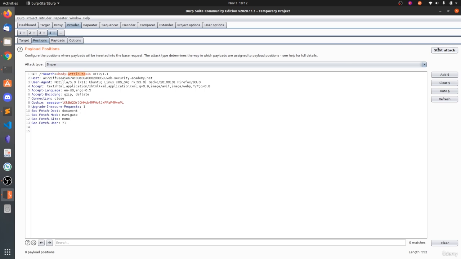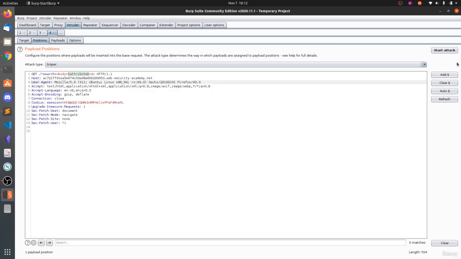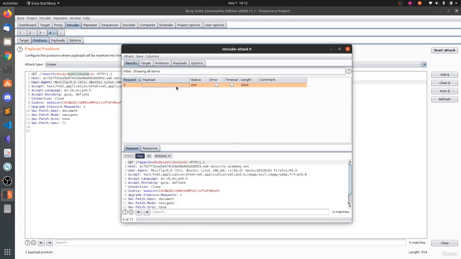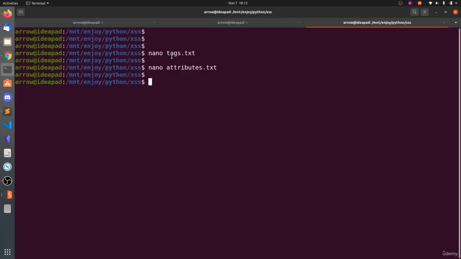So let's select this attribute and click on marker. Now, payloads: clear all payloads and paste these event payloads. Now click on start attack. The default one is accepted, but it's just a temporary one. Press order, and click on this status, ascending order. Meanwhile, what we are going to do is fetch the contents of this